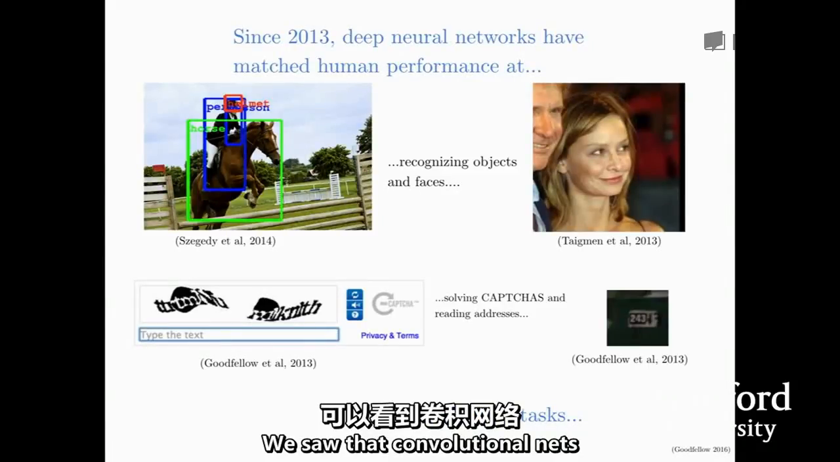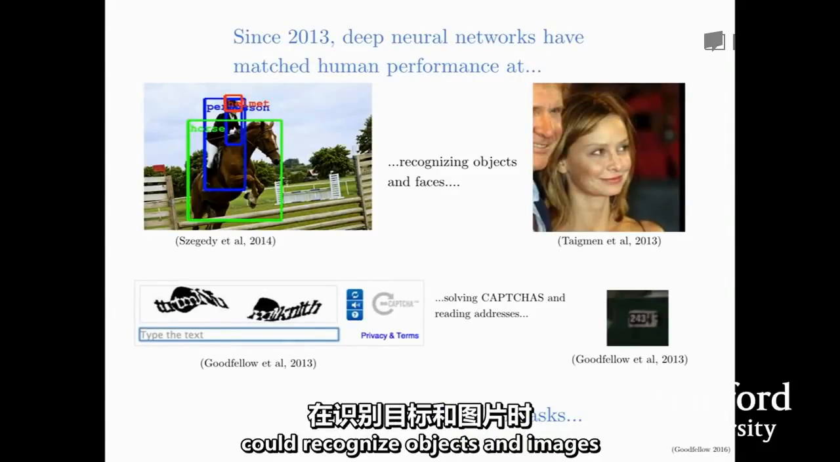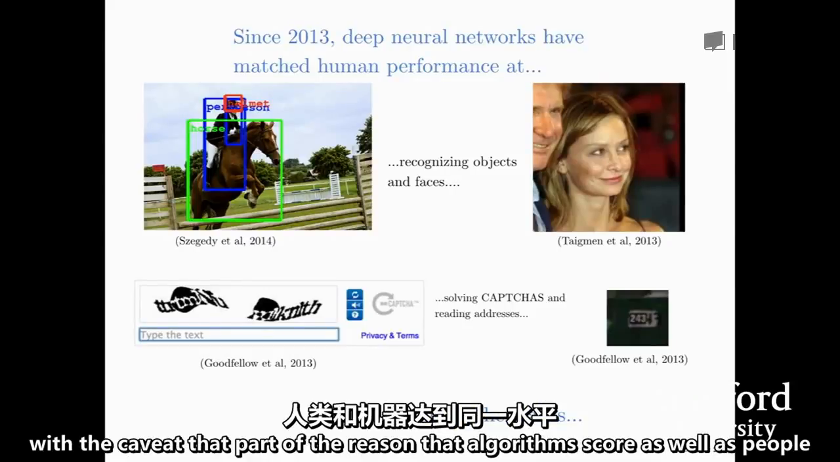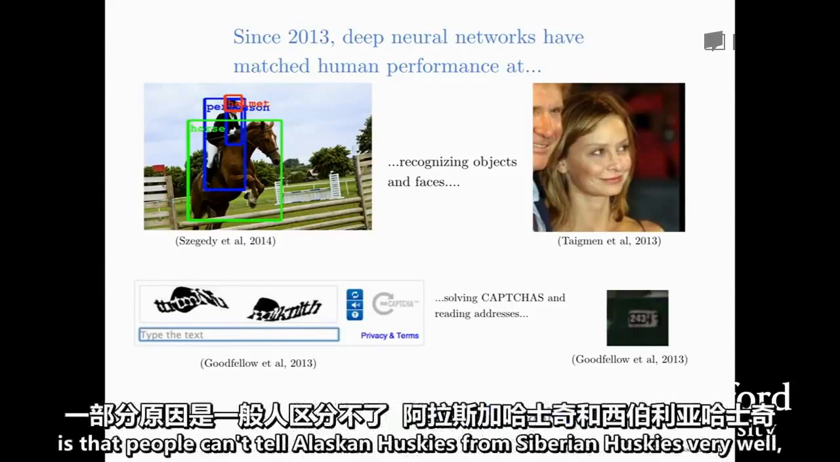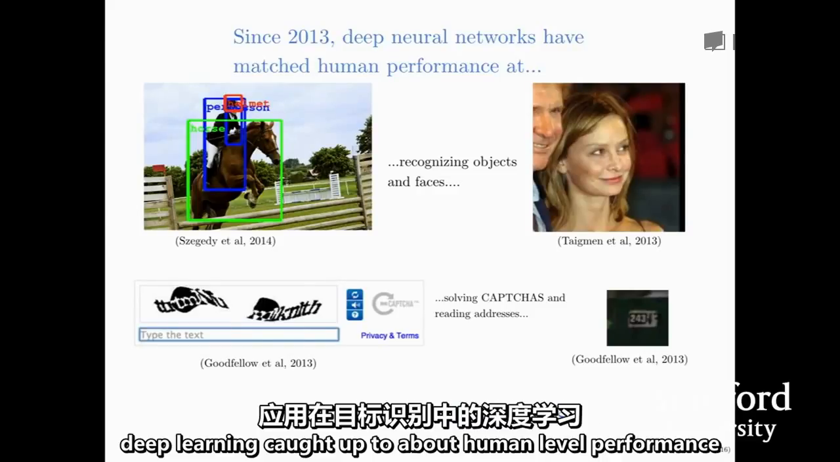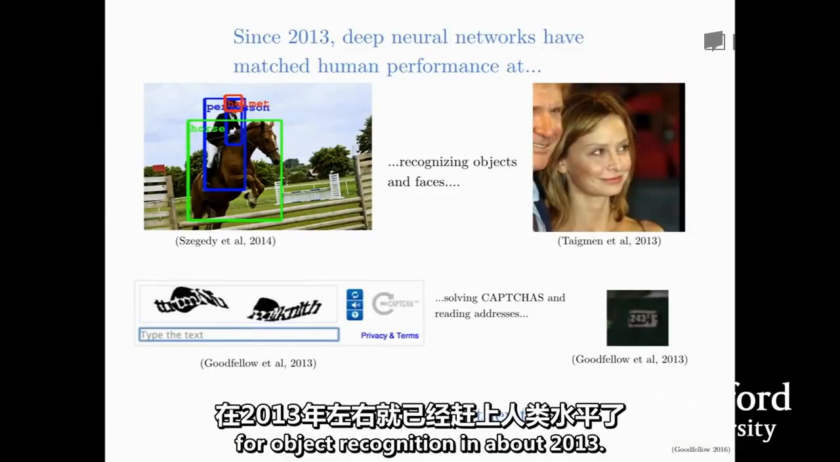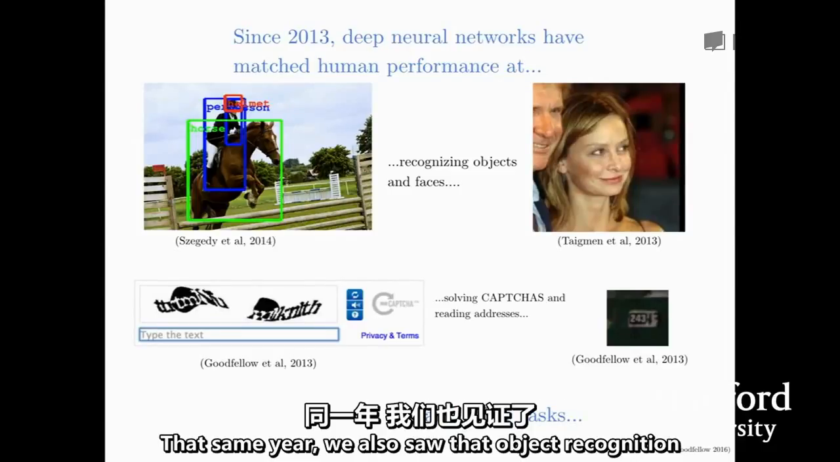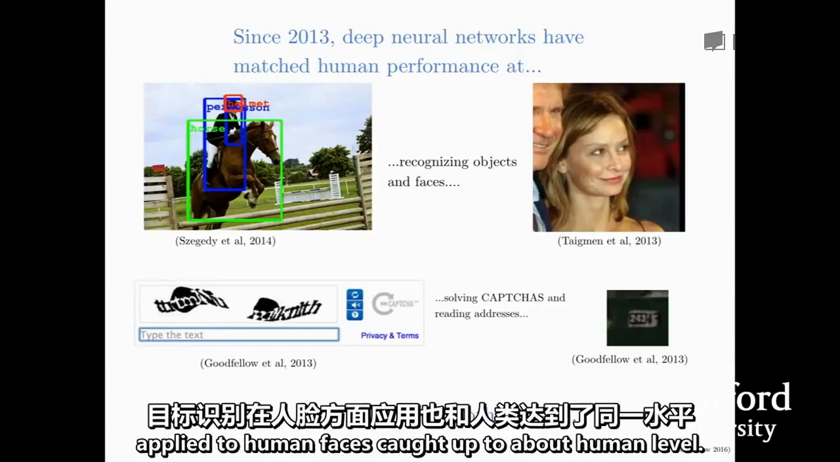We saw that convolutional nets could recognize objects in images and score about the same as people in those benchmarks, with the caveat that part of the reason that algorithms score as well as people is that people can't tell Alaskan Huskies from Siberian Huskies very well. But modulo the strangeness of the benchmarks, deep learning caught up to about human-level performance for object recognition in about 2013. That same year, we also saw that object recognition applied to human faces caught up to about human level,